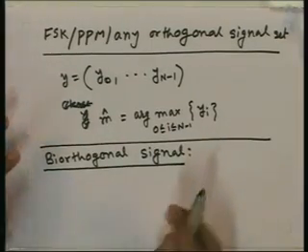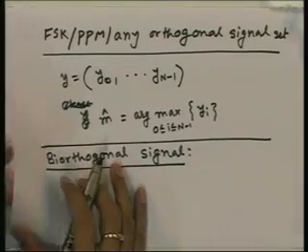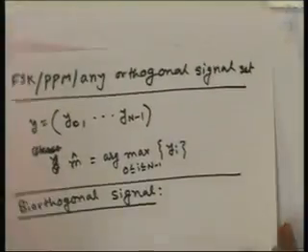So, we have seen the receiver structure in general for any arbitrary signal set, and we have also discussed some special cases of signal sets and what will be the simpler receiver structure for that kind of modulation techniques. Now, we will discuss another kind of signal set which is also important and interesting, but before doing that